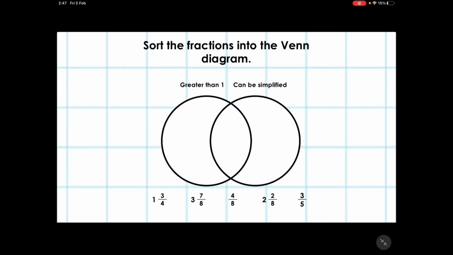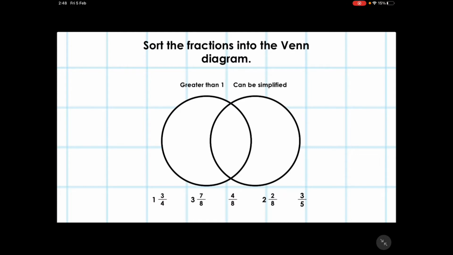I have the greater than 1 section, the can be simplified section, and the section in the middle that is both. And then if some of the fractions don't apply to the categories, then you can leave them outside. So pause the video and see if you can have a go. Okay, so the fractions at the bottom that we have are 1 3/4, 3 wholes and 7/8, 4/8, 2 2/8,